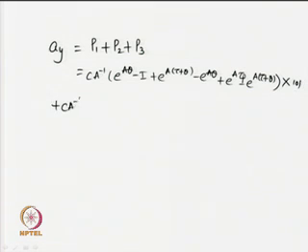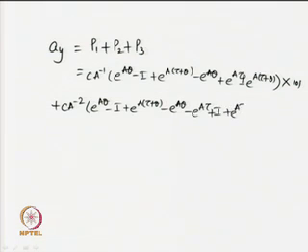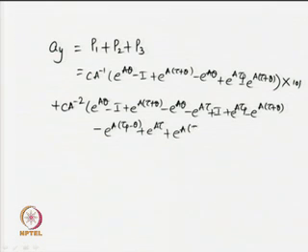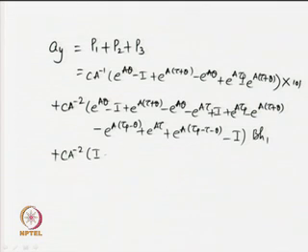plus C A to the power minus 2, e to the power A theta minus I plus e to the power A tau plus theta minus e to the power A theta minus e to the power A tau plus I plus e to the power A tau p minus e to the power A tau plus theta minus e to the power A tau p minus theta plus e to the power A tau plus e to the power A tau p minus tau minus theta minus I, times B h1, with another term as C A to the power minus 2, I minus e to the power A tau minus e to the power A tau p minus theta plus e to the power A tau plus e to the power A tau p minus tau minus theta minus I,